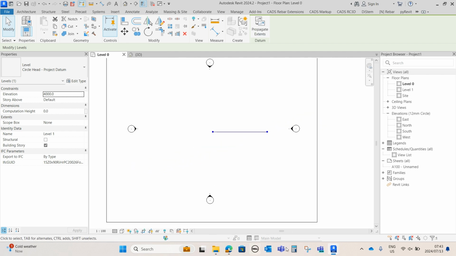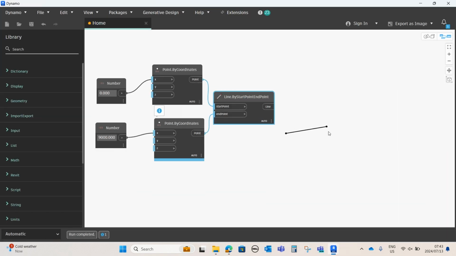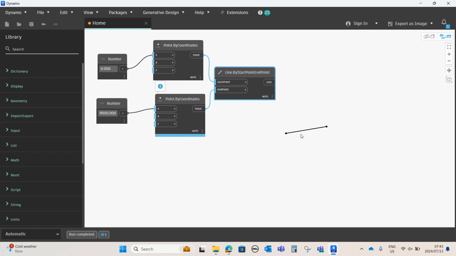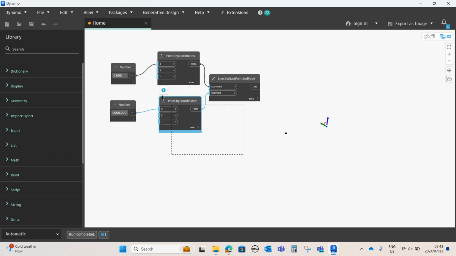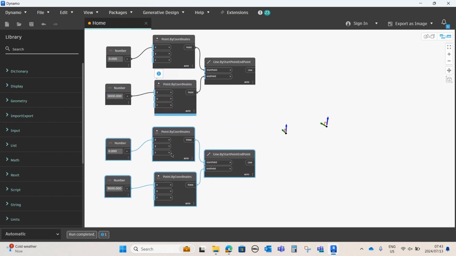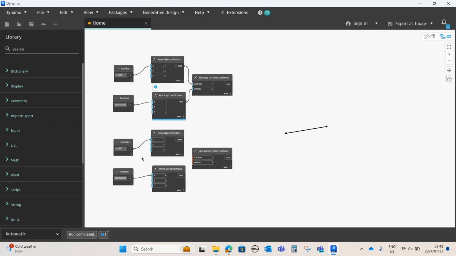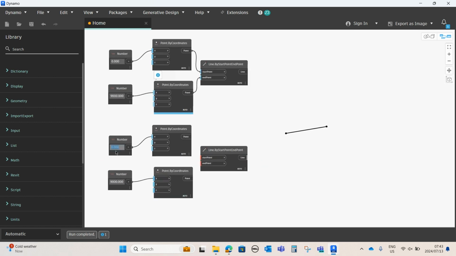So I'm gonna go back to my Dynamo, and I think we're gonna use this as our deck, and then I'm gonna have to establish the lengths for our girders. So the one thing I'm gonna do is I'm gonna select all of these, press Control, and then left click on your mouse and drag it towards the bottom so that you can copy it. And then I'm just gonna move this. So I'm gonna set my number to 9,000 millimeters,